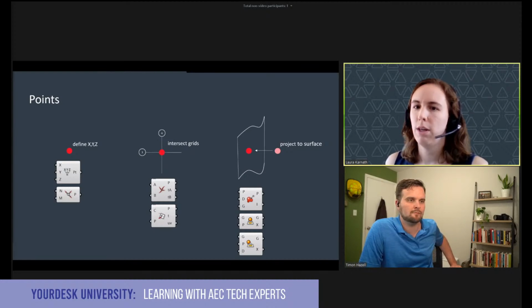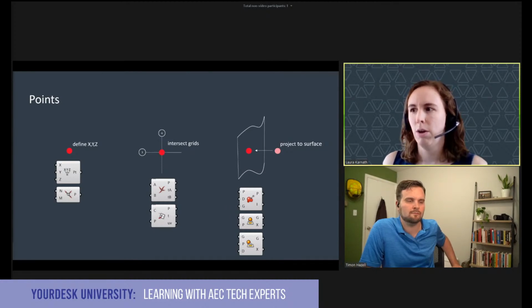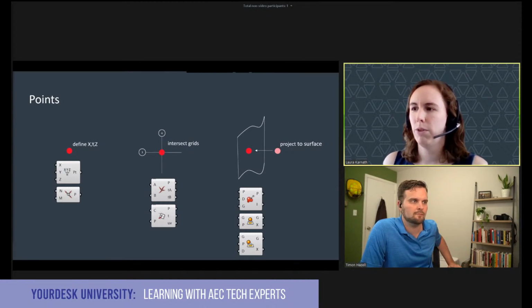So we have to kind of think about what our inputs are, because a lot of newer users will not anticipate what the inputs are that are likely to change throughout a project. So that's where you're kind of leading people and setting up a workflow that's going to work for them, even if they don't necessarily understand why you're doing it that way at the beginning.